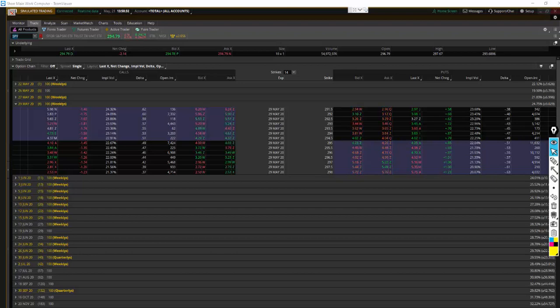I'm not advocating this. This is strictly, and if you notice, this is on a sim. Let me put that out there. I am on a sim platform, so I can actually put things out there and not have them actually transact for us. Okay, so let's just say I think that we should get long the SPY, which is the ETF